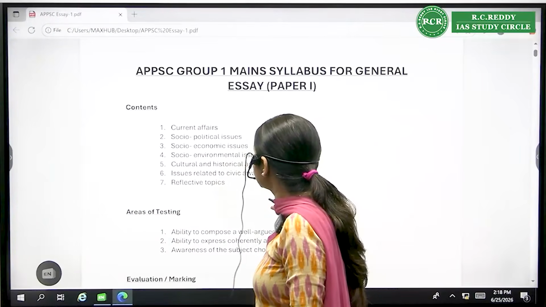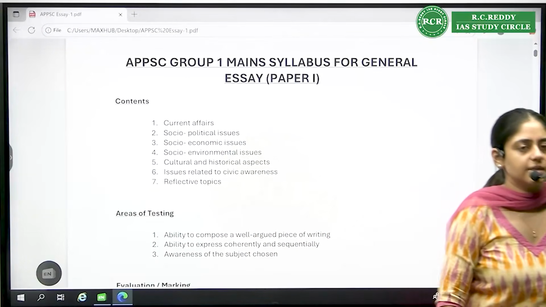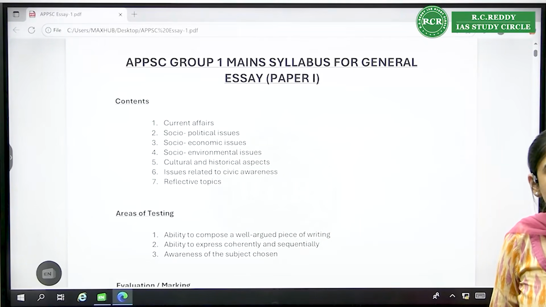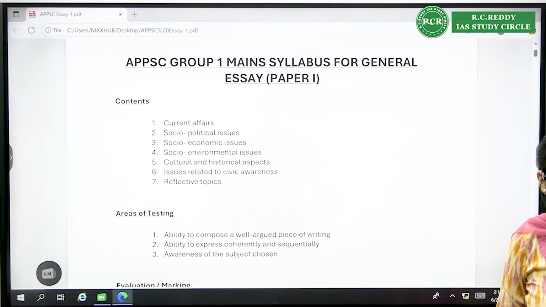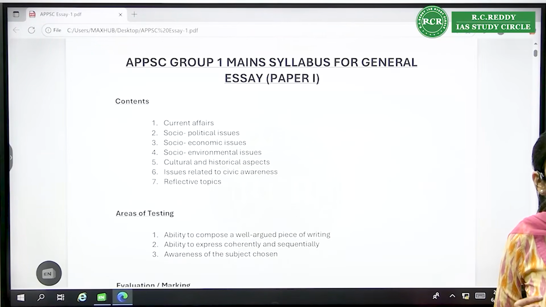essay. Seeing the syllabus is very important when it comes to any subject, even when you're doing GS subjects also. Because syllabus gives you a direction that if I'm preparing for something, in which direction I should be going, what are they expecting out of me? Generally, if you start writing essay, you start doing certain subjects, it will serve no purpose because we need to prepare in accordance with syllabus or what is the expectation of UPSC from us as an aspirant.